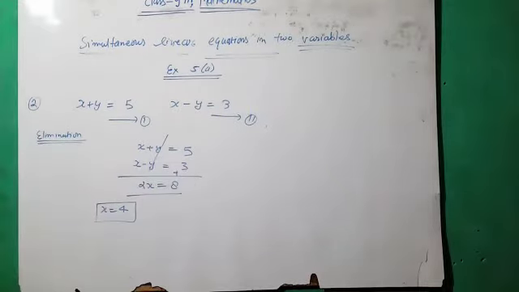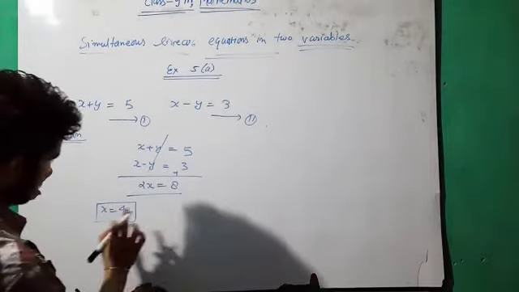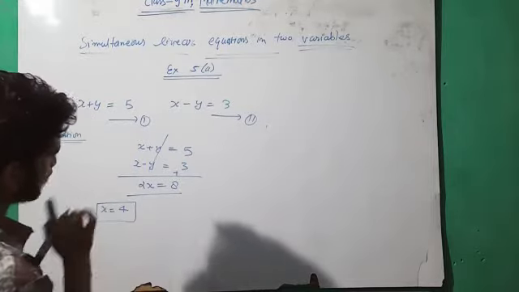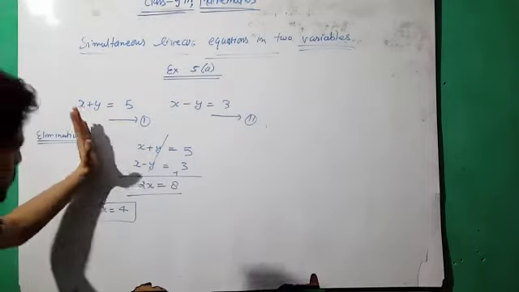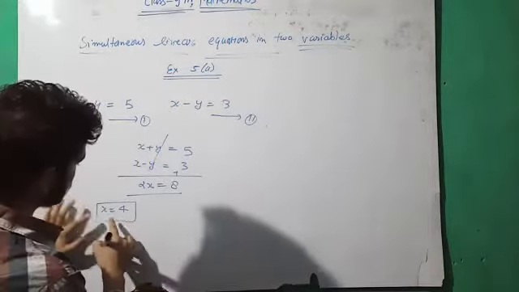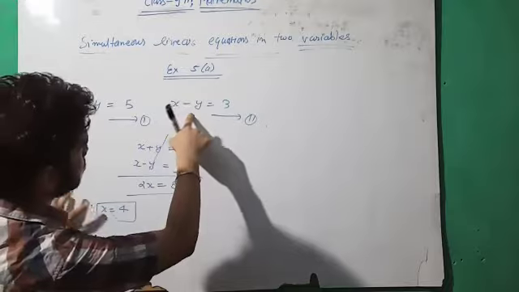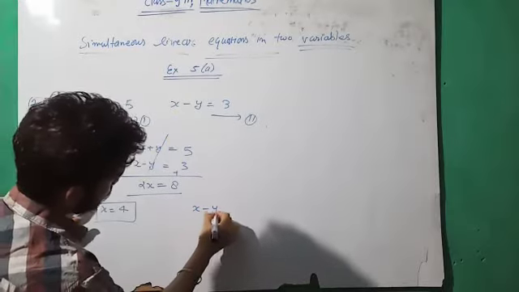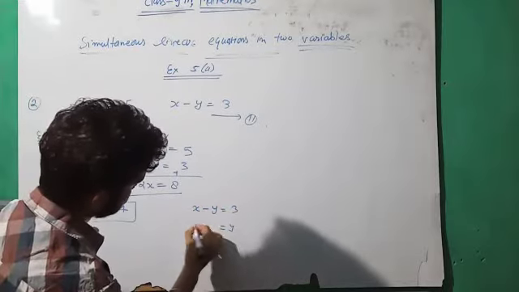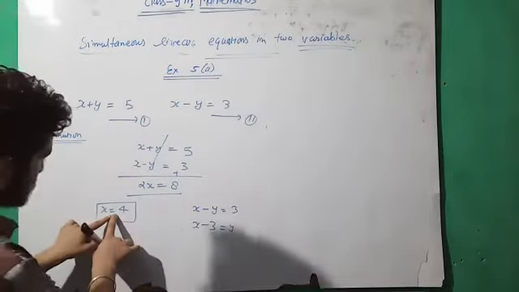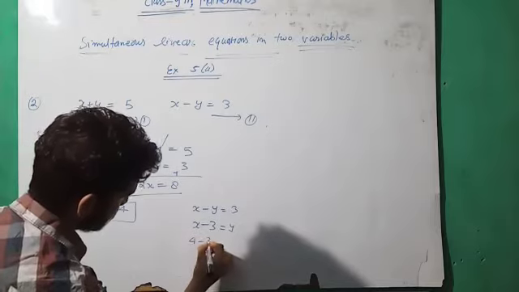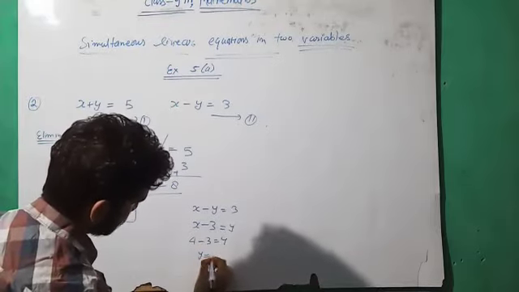Next, question number three, four, we can take different types of situations and different methods used for different equations. Okay, now we can take y. Now put the value of x in either equation 1 or 2. The value of x is 4, and from x minus y equal to 3 we can write y equal to x minus 3. So x is 4, so 4 minus 3 equal to y. So y equal to 1.